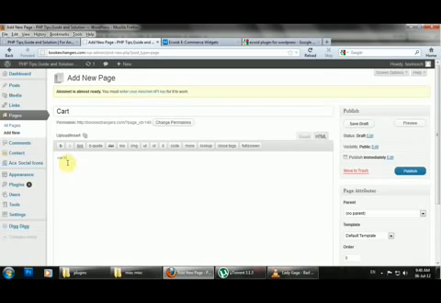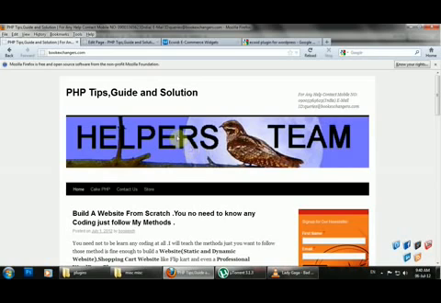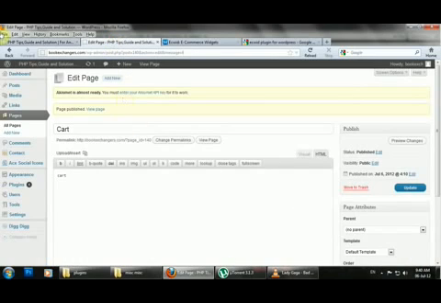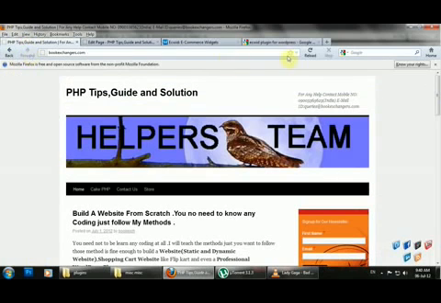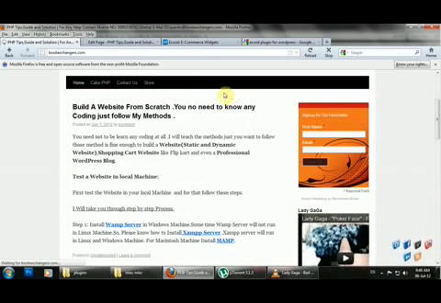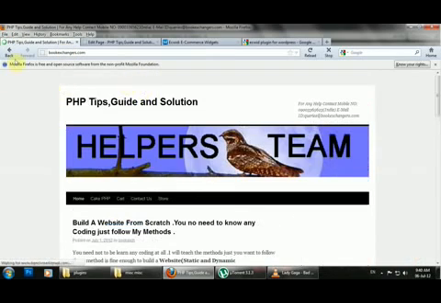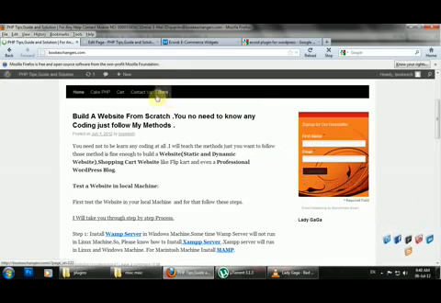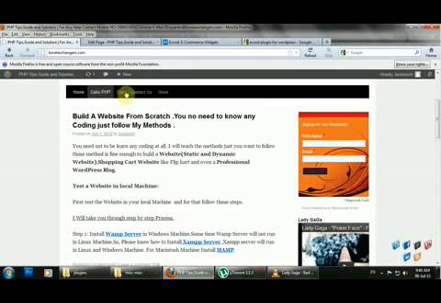Give some message for now and publish. Go to your front end. It will take some time because it wants to load everything. Now see, cart. See here, that is the cart.